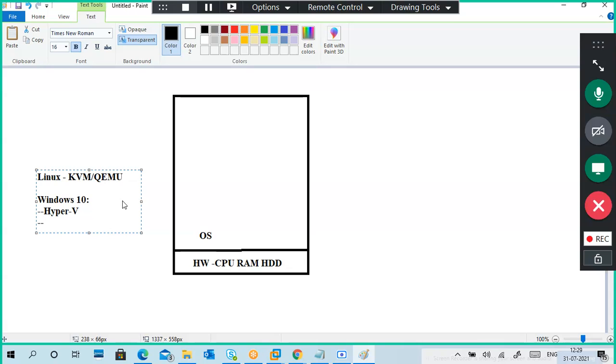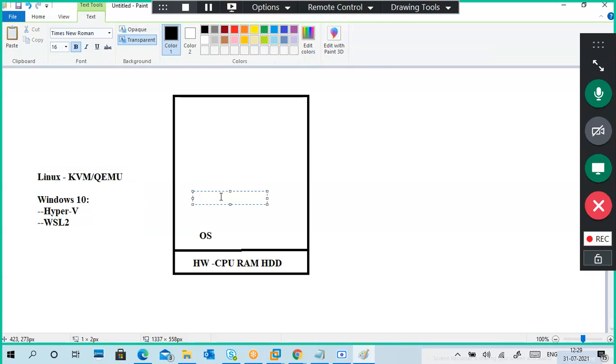Another one is WSL2, Windows Subsystem for Linux. If you don't have Hyper-V, for example, my physical machine is Windows 10 Home Edition, latest version but Home Edition, so we don't have Hyper-V. So I have to install WSL2 for running this Docker engine.